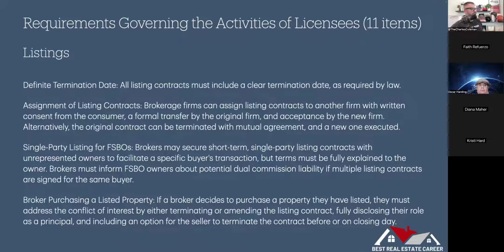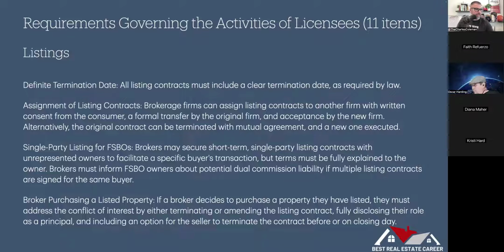All right, let's talk about listings. When you're talking about a listing contract, we're talking about the exclusive right to buy or the exclusive right to sell. They have to have a definite termination date. That termination date can be up to 1 year. It could be one day, 1 month, 6 months, 8 months, 12 months, right? 365 days. There's a definite: this is when I'm starting to do business with you, this is when our relationship ends. 365 days is the max.